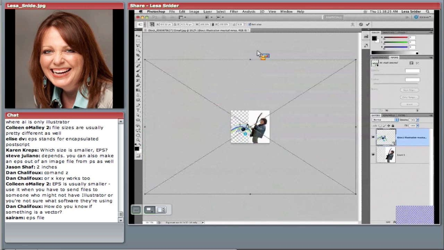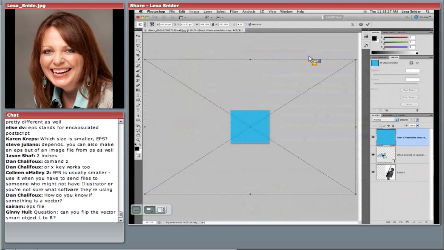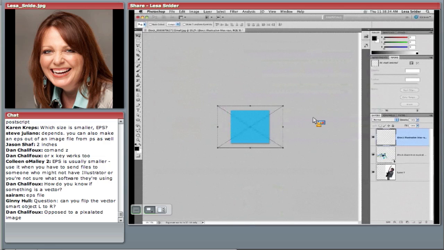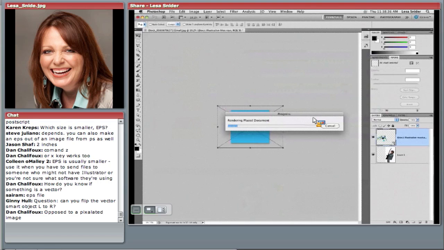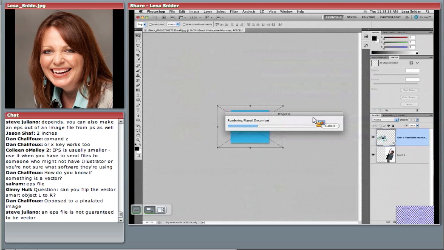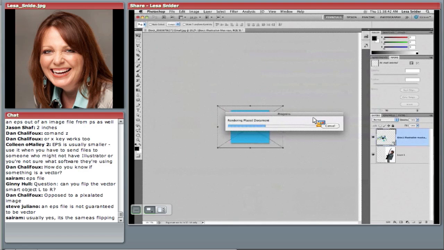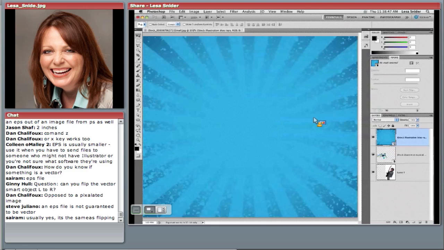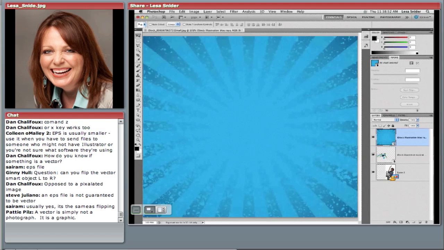Photoshop's going to think about it a little bit. And again, we need to use our Command-0, Control-0, Fit to Screen trick to resize the vector so that it actually fits. Press Return when you're finished. I'll go ahead and press Command-0, Control-0 to come back to regular size again. And Photoshop's going to think about this for a moment. There we go. So now the only problem is that we can't see our cute little kid down here at